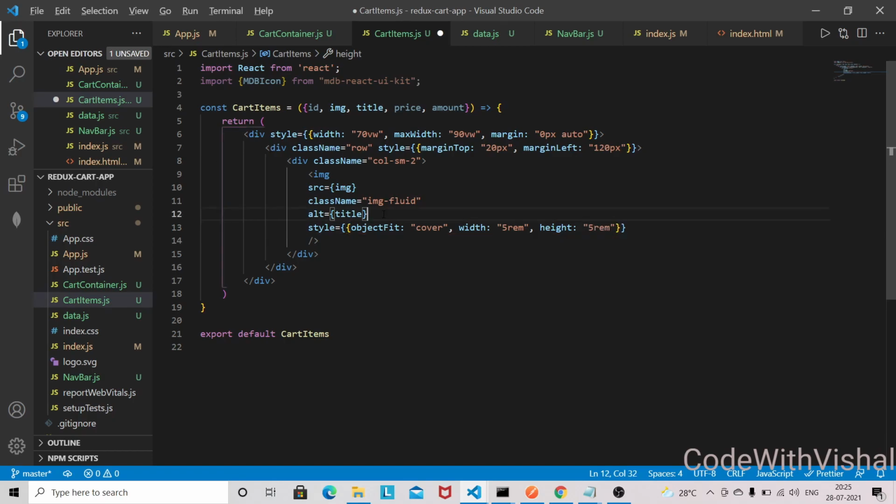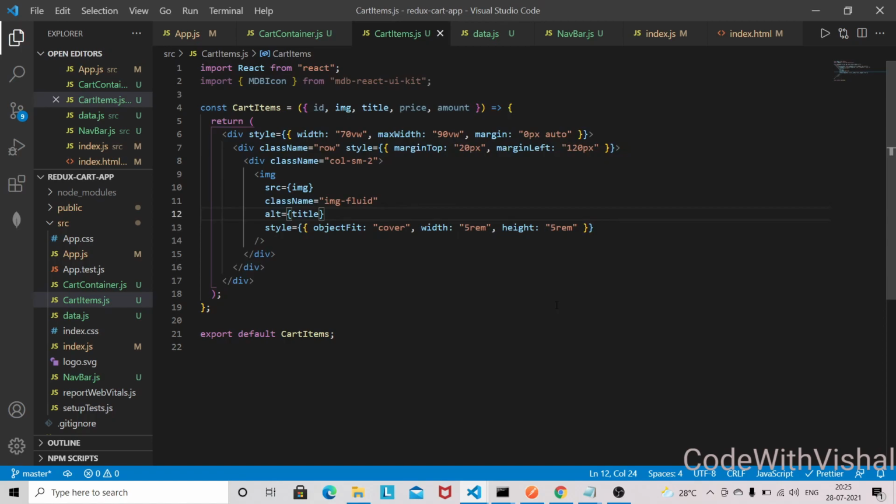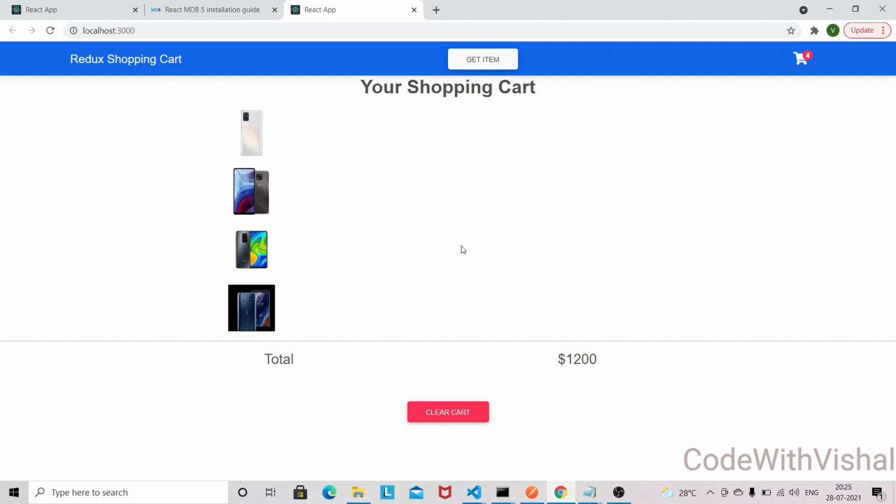So we can take a look in the browser as well. Okay, let's go into the browser, and we are able to see all the images of our items.